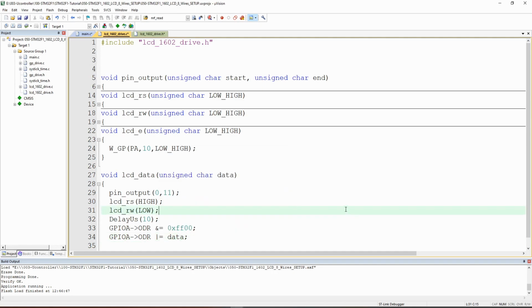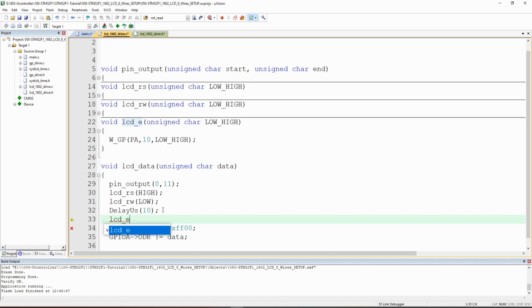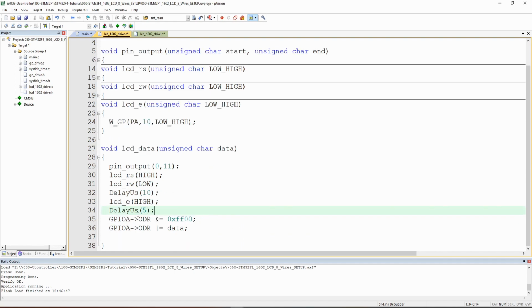And like that, we are going to send the data by making this operation, ending this one. So before doing this one, we have to go for the LCD enable, and we have to go high. Okay, and a small delay of, I think even 5 milliseconds would be good. We put the data here, we wait 10 milliseconds,